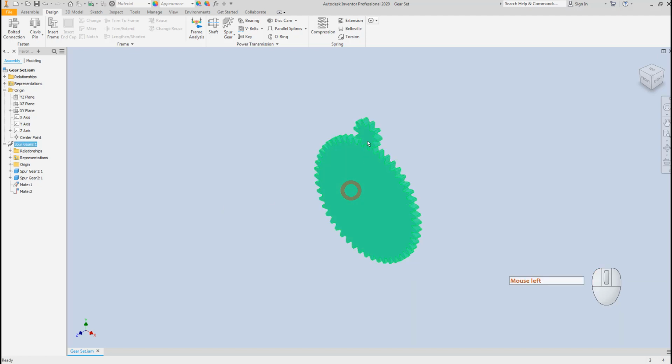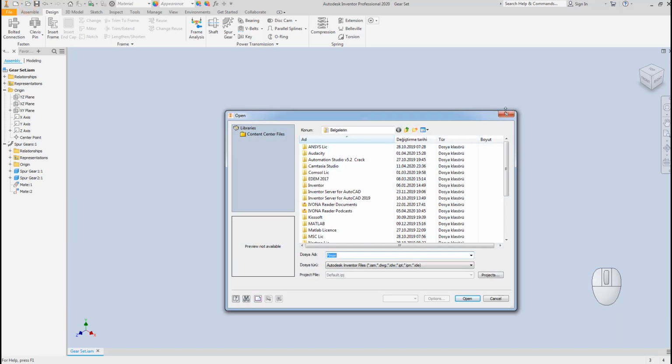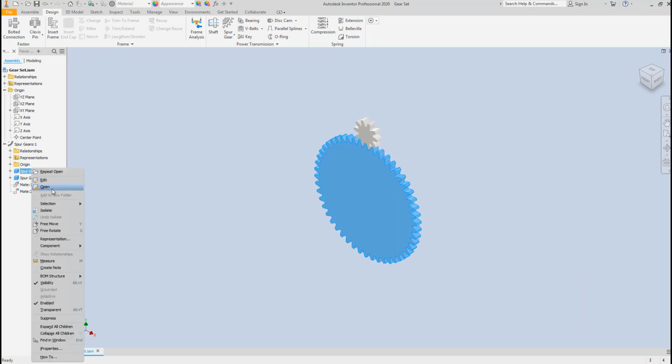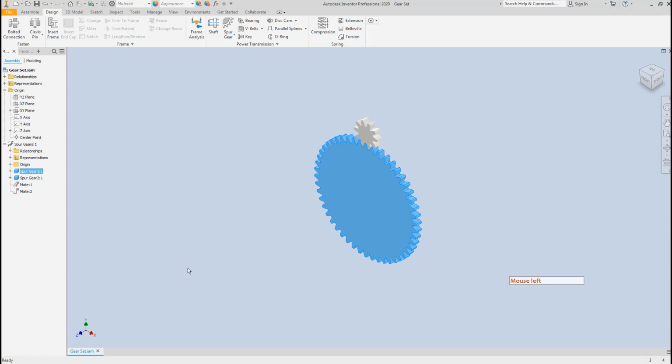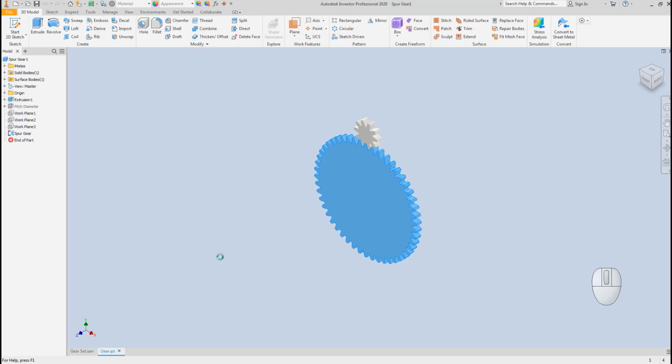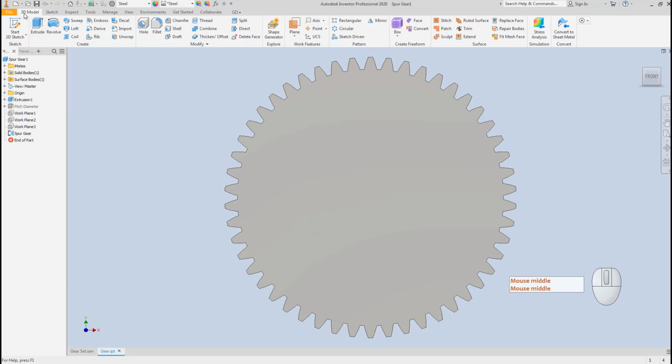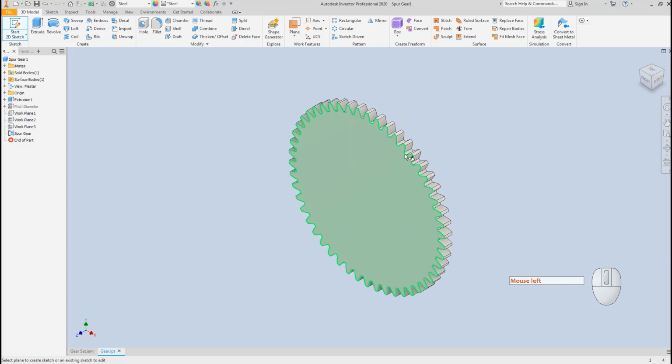We will just use these two gear sets by creating the models here, and for example, if we want to make changes about these gear sets, we will just open them like this. I think it's going to be opened, the part file. This is our part file. As you see, we just get out of the assembly mode, and we will just do the operations on our parts. For example, I would like to just cut out